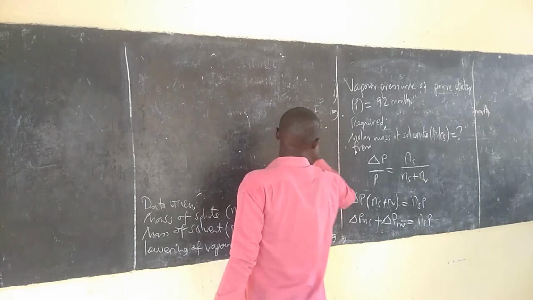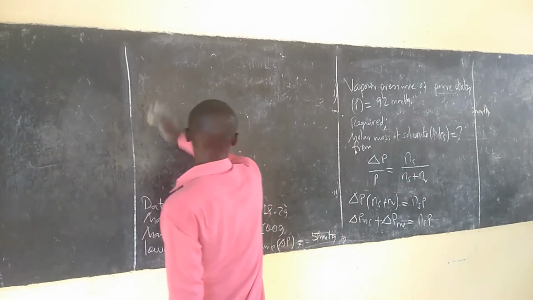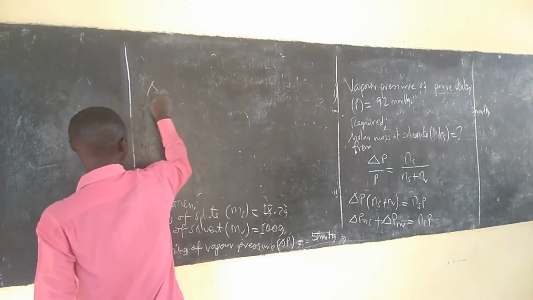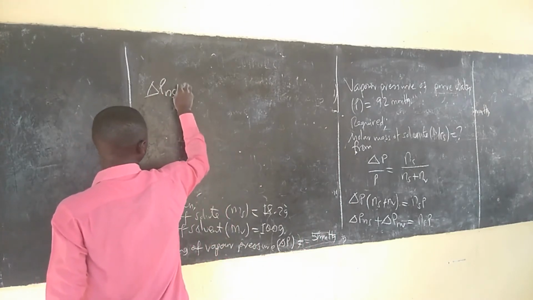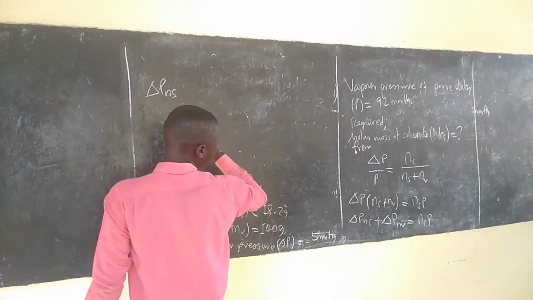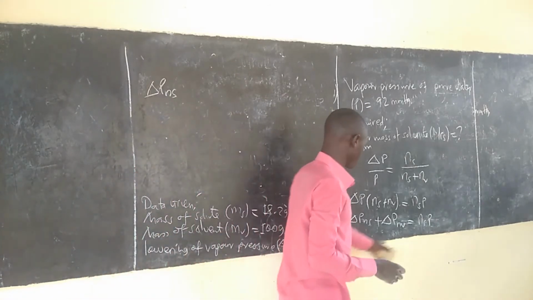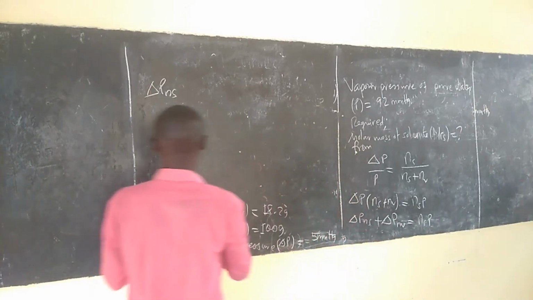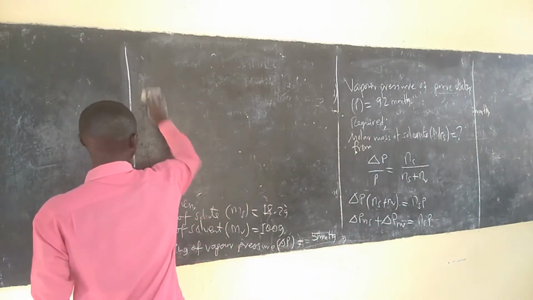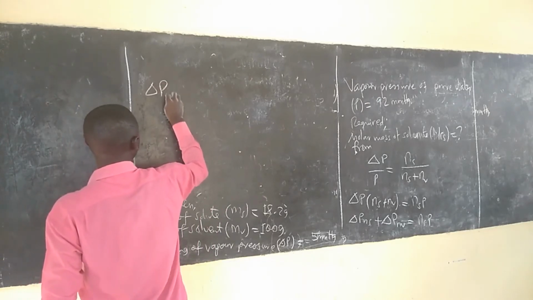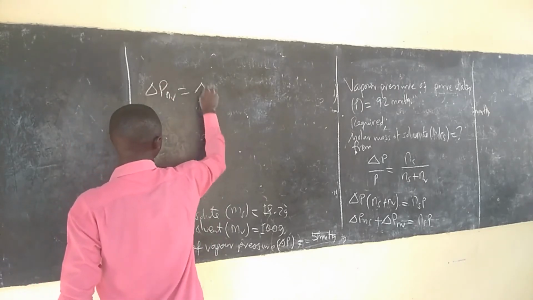So tutakachokipata hapo, tutasema change in P and S, then let I take this to the right and then left this change in P and V to the left. So it will be change in P and V is equal to change in P,